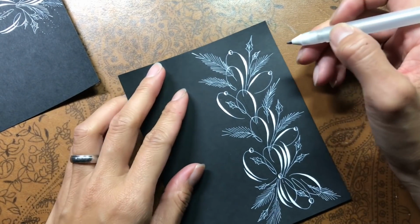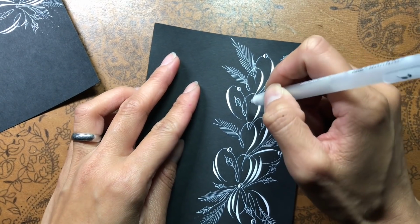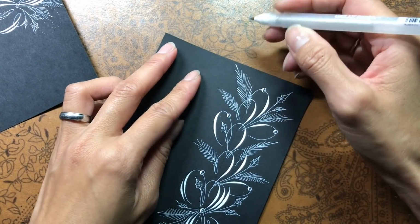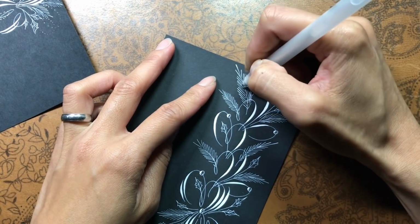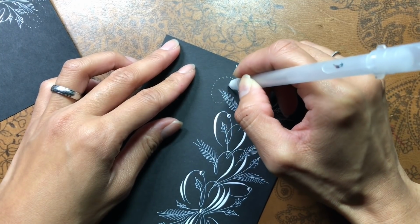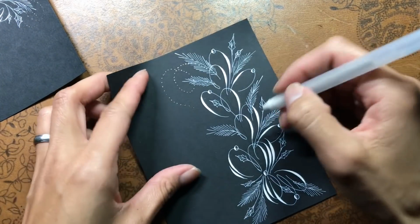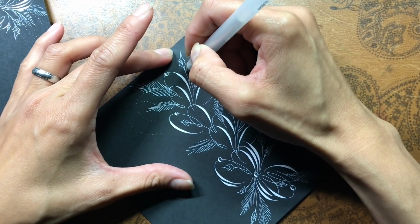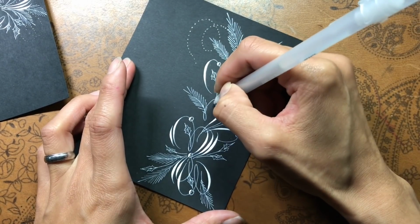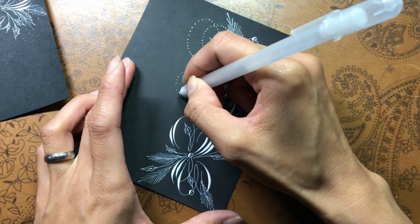So what I like to do with this, though, is I like to follow an existing curve. So I like to follow an existing curve, follow it, and then sort of venture off into my own thing. So here I have this curve already from the stem of the pine. So I'll go ahead and start along that line, but then just diverge into another curve, you know, that does its own thing. Okay, so I'm just going to pepper in these dots wherever I feel like I need to fill some kind of space. So there's a lot of open space here, so I'm going to go ahead and just add some dots that are playfully occupying